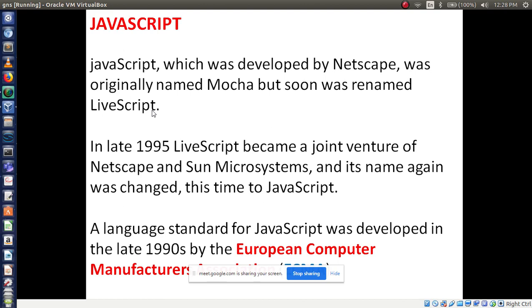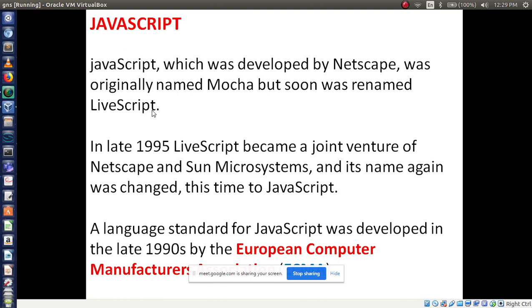Then after 95, LiveScript became a joint venture of Netscape and Sun Microsystems, and its name was changed again. This time they gave the name JavaScript. First they gave LiveScript, then they changed the name to JavaScript.